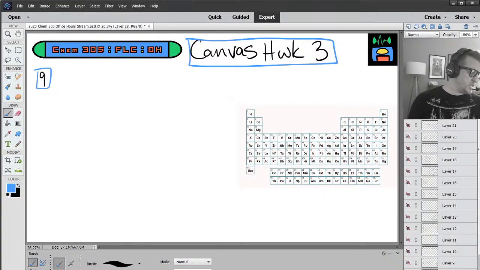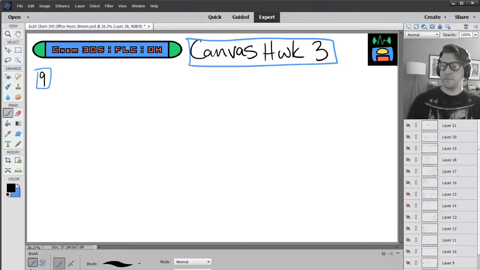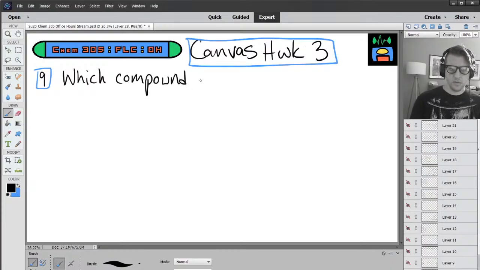Number 9: Which one of the following compounds has a formula that contains parentheses? Interesting question. Here we can zero out our periodic table, or maybe we'll need to bring it back. So which compound has a formula